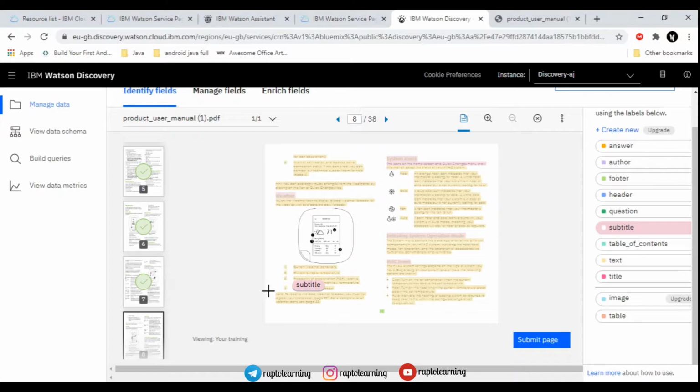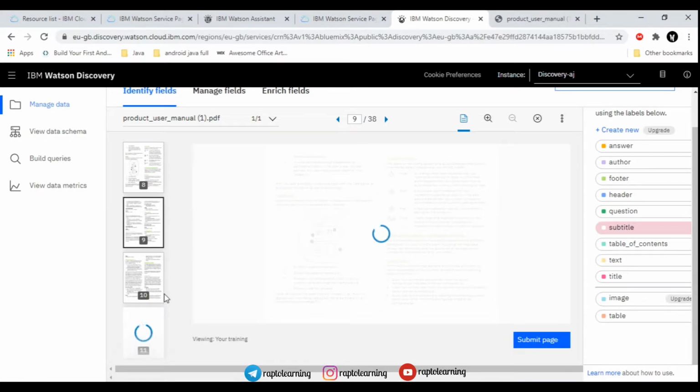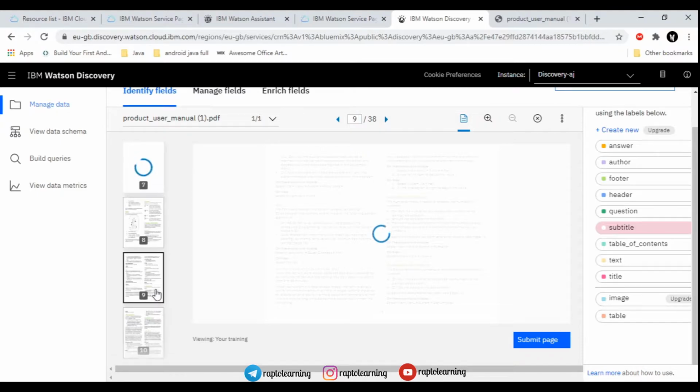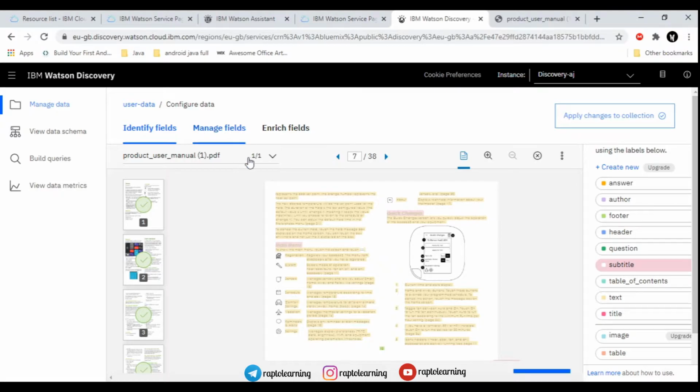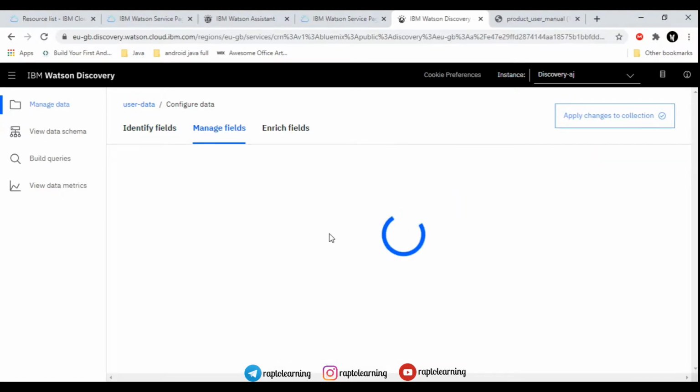I will tell you one small trick that will ease these steps, that will select only text and subtitles in your project. So I will just show you that. As you can see, for the next pages, it has been automatically detected by Watson Discovery. This is the reason why you have to maintain the same layout for your PDF documents in a flow, right? So it becomes easy for Watson to discover.